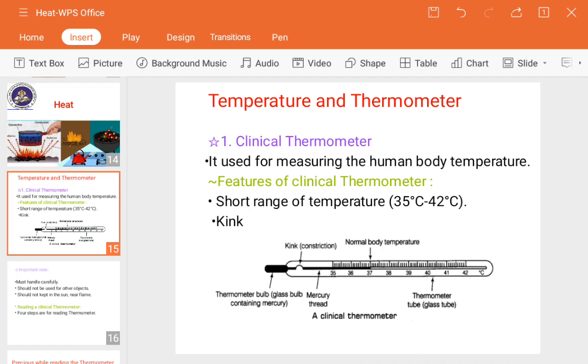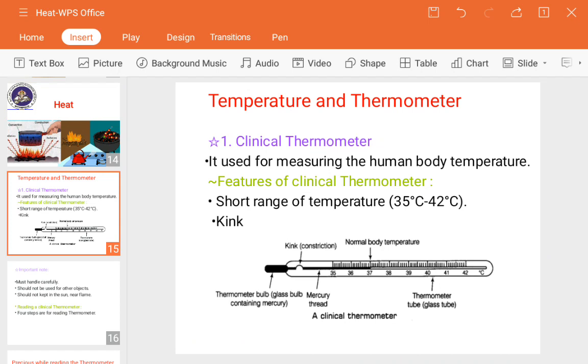We have studied that we can measure the temperature of an object, or a solution, or a solid material that may be hot or cold. The degree of hotness or coldness of an object is known as the temperature of the object. Initially, at the beginning of this lesson, we studied these things. The temperature of an object is the only property that indicates which object is hot and which object is cold. So according to that we can classify it as hot or cold.